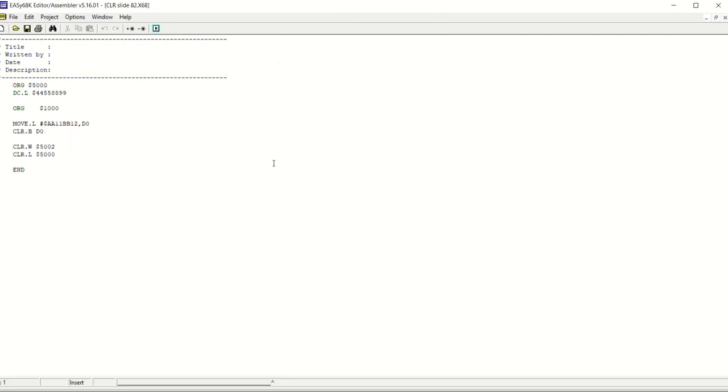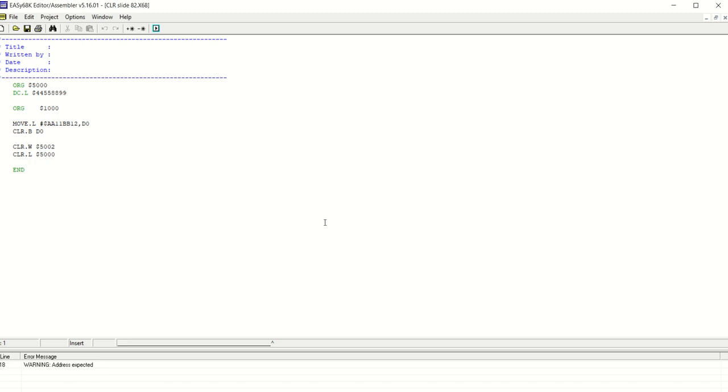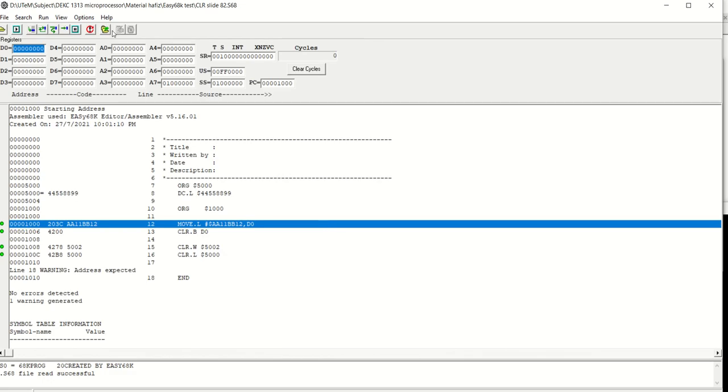Okay, so let's see the simulation. Clear. Okay, so execute this one. I hope you can understand how to program it. Just try to understand line by line. This one you need to see the content inside the address memory 5000.